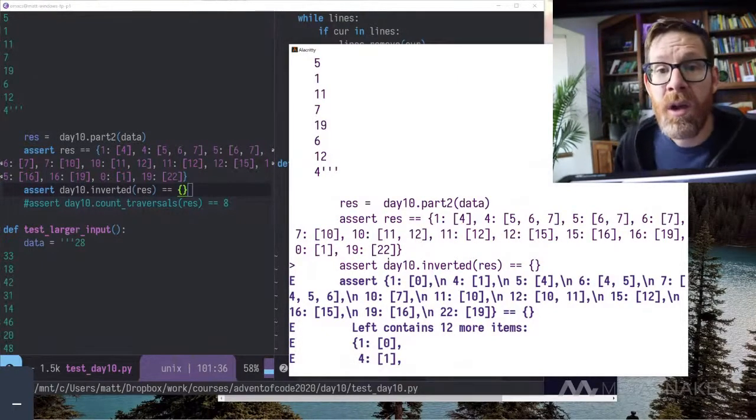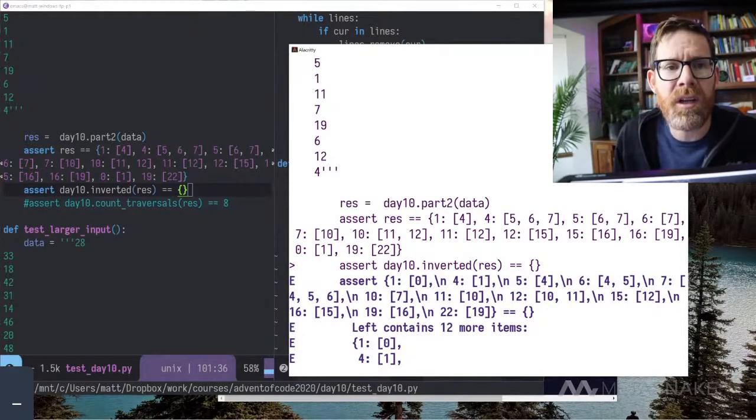It's saying that the parent of 1 is 0, which makes sense. The parent of 4 is 1. The parent of 5 is 4. And then 6 has two parents, 4 and 5. So this looks like it's working. I think we're good here. If I wanted to, I could take this right here and just plop it in. So maybe I will do that.